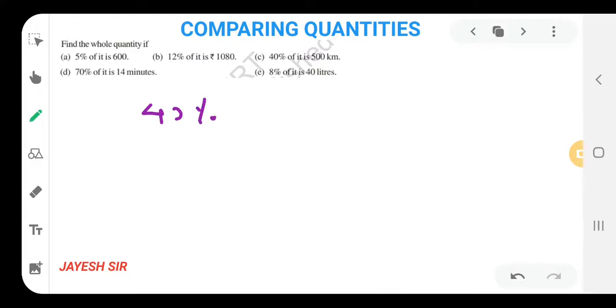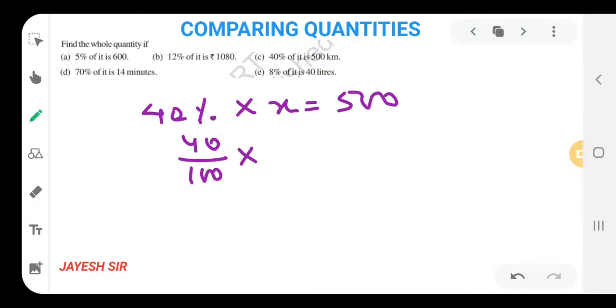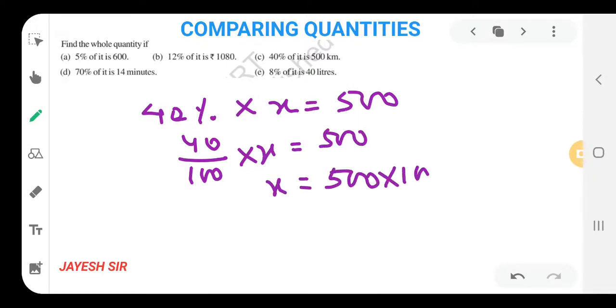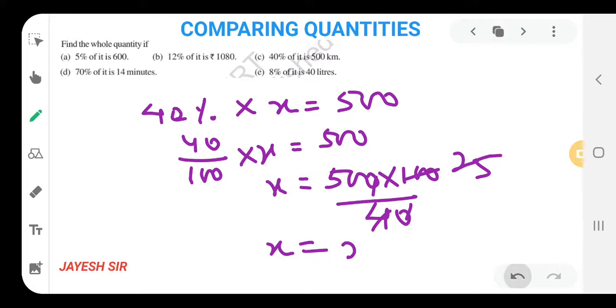40% of x, multiplication, it is rupees 500. This is the equation we have formed. To remove the percentage sign, dividing by 100. x as it is, this time 500. Now 100 is in division, after going this side it will be in multiplication, and 40 is in multiplication, after going that side it will be in division. Zero zero, otherwise the best thing you can do is, if you know, this zero gets cancelled. Now 4 ones are 4, 25, 5 fives are 25, 5 fives are 125, so it would be 1250. That also you can do, whichever is feasible for you. That is totally dependent on you, which things you can do in the mind and can solve easier, and make it easier for you.